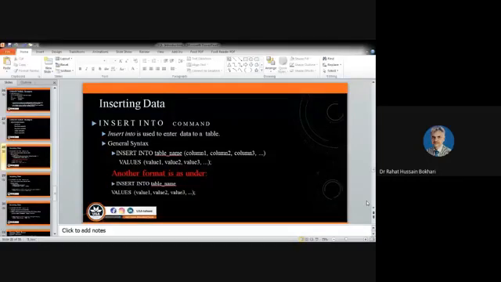If I define the first column or first attribute as character, then the first value should be characters, and that should be within single quotation marks. If the second value is an integer, then you say comma and give value 2 as an integer value. So the correspondence should be there. Okay, did you get it? Yes, sir.